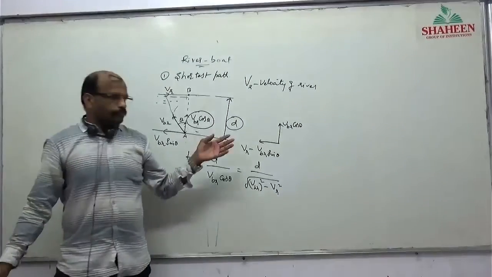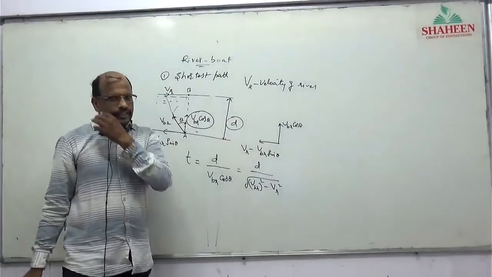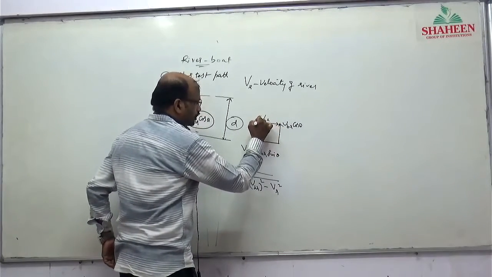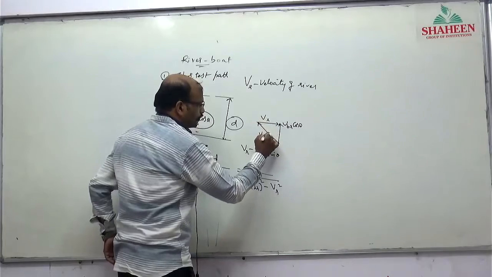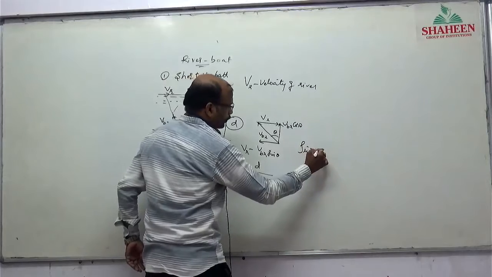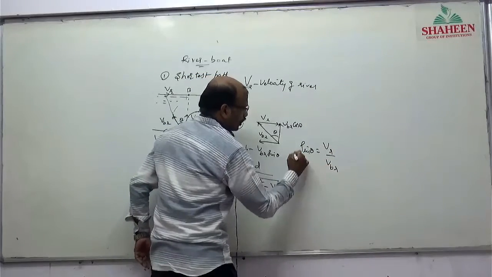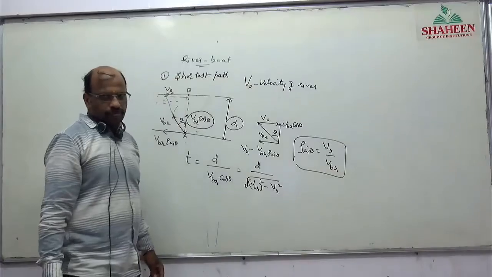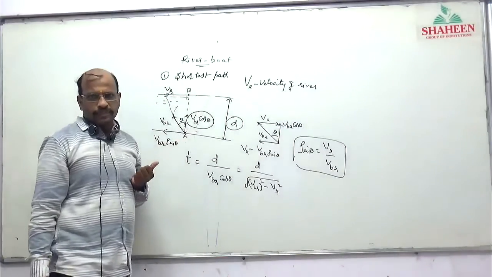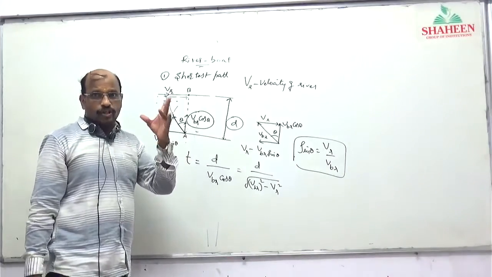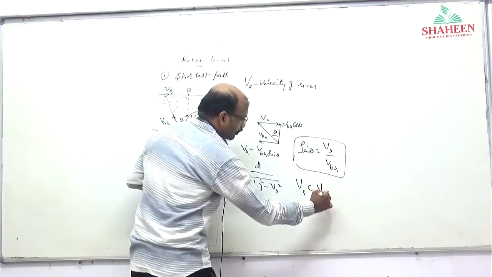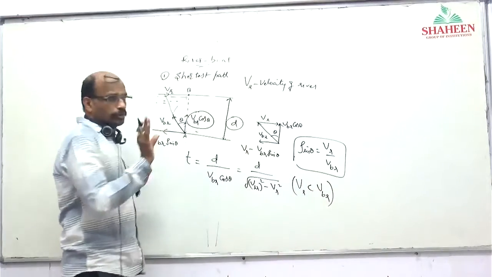I am drawing the vector diagram here. The vector triangle is here, river flow is in this direction. So this is VBR, what we got, and this angle is theta. From this right angle triangle, sin theta is equal to VR by VBR. If they are asking the angle made by VBR with the vertical, sin theta is given by VR by VBR. If the angle is not given, you can calculate it in this way. Here the condition is VR must be less than VBR only. For this condition only, it is possible.